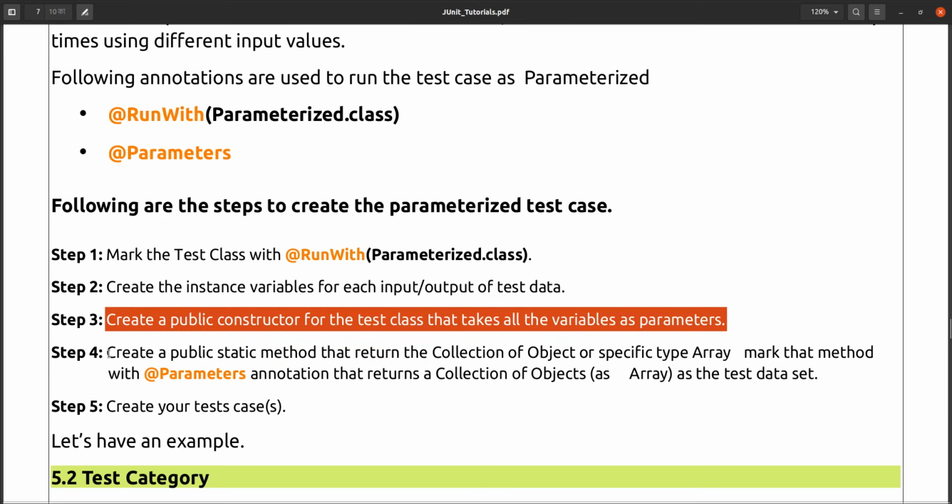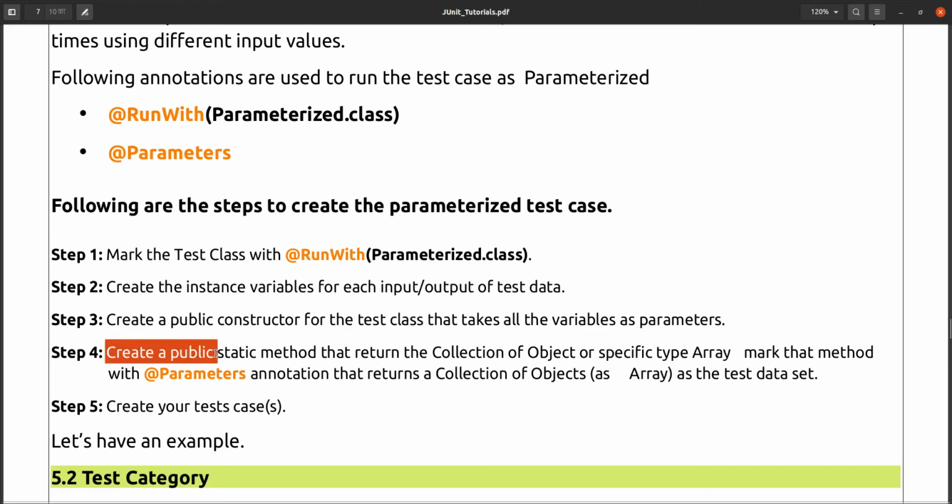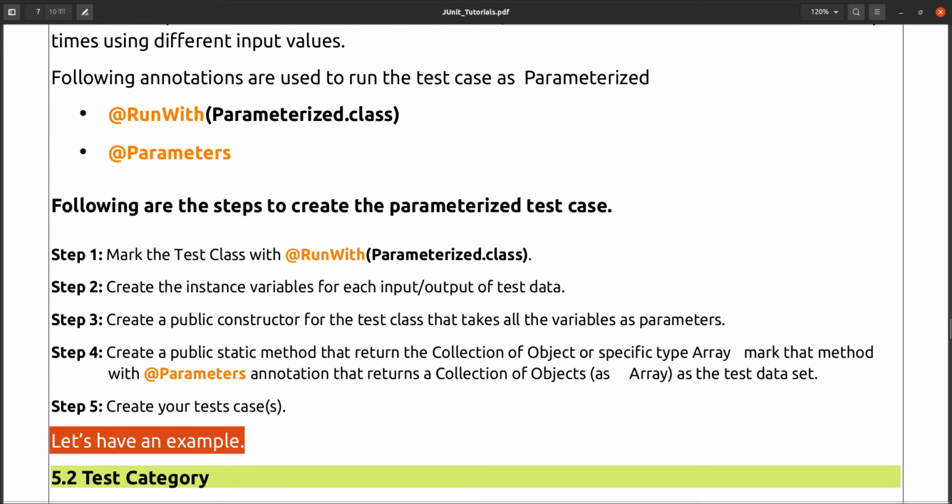And in the fourth step, you have to create one public static method that returns a collection of objects of a specific type, an array of object type, and mark that method with the @Parameters annotation, which returns a collection of object arrays as the test data set. And the last step is to create your test cases as usual, how we have been creating them. So let's see the example now.